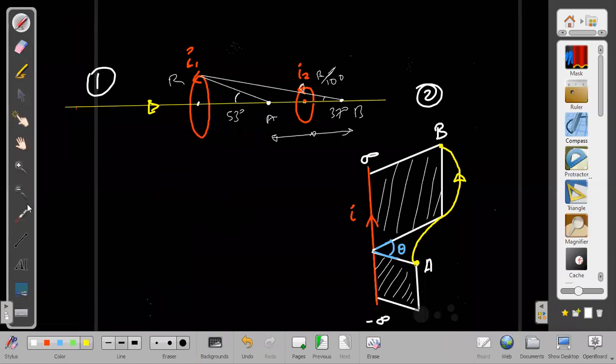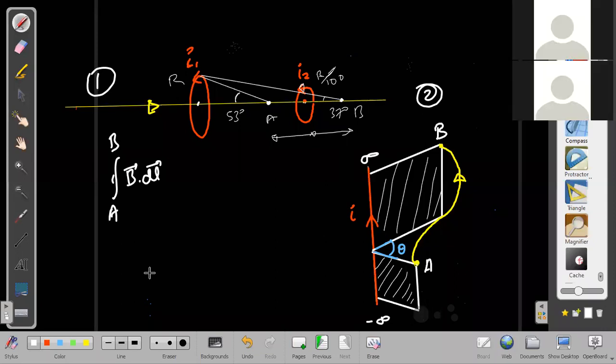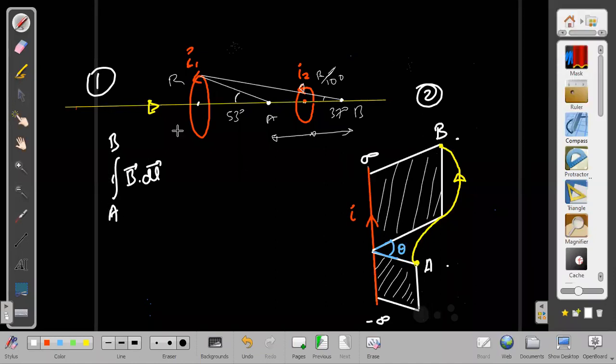Line integral is not in the closed loop. I have to take line integral from, let us say, A to B. This is A point, this is B point. I have to take line integral from A to B only. And we have to find what its value is. Okay, this is one thing. And here also I have to take line integral from A to B. Means I'm not taking closed integral this time. I am taking only from A to B. In this also from A to B, in that also from A to B.